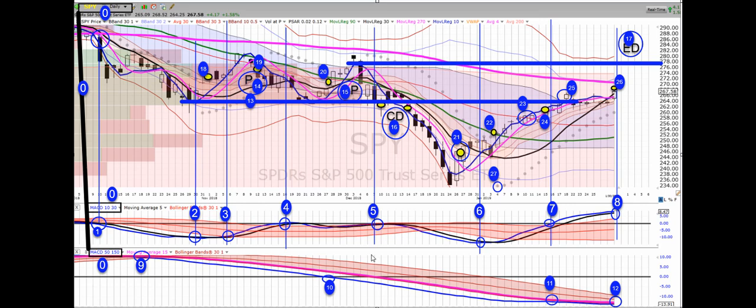This one is looking at the market itself, symbol SPY, so has a lot to do with setting conditions for our overall trading plan. Starting at 0, I'm highlighting that this is SPY, the market, on a daily, and that is connected down here to these indicators, the MACD 10, 30, and then our weekly MACD.